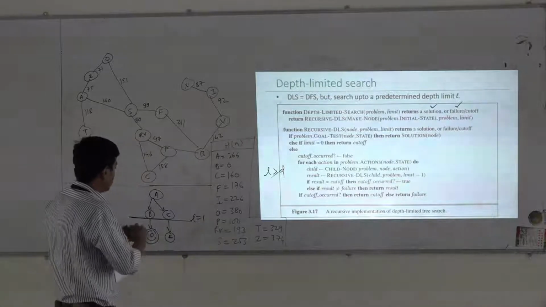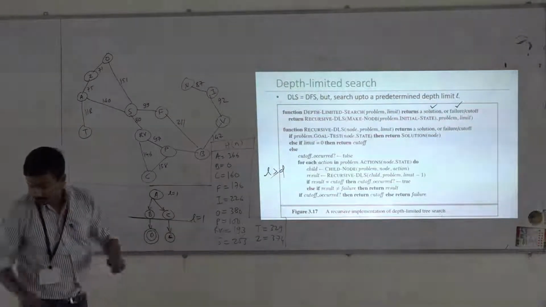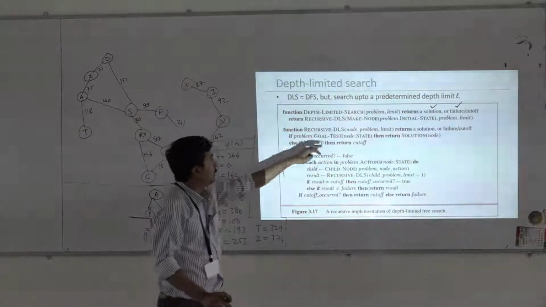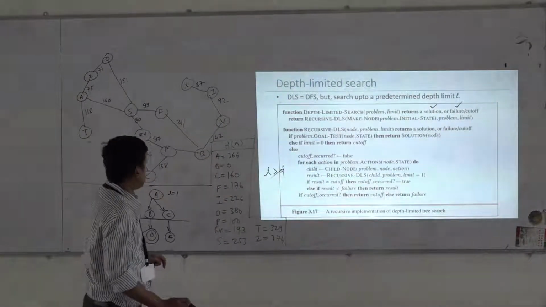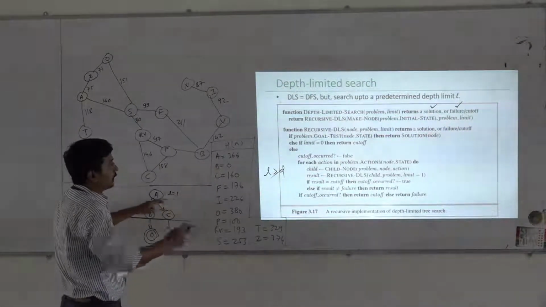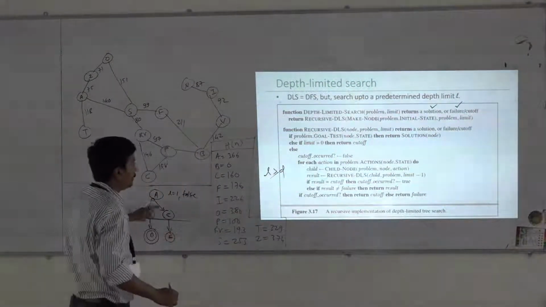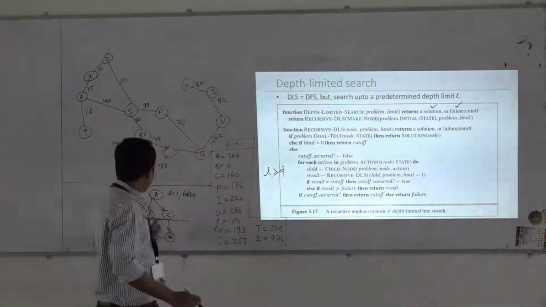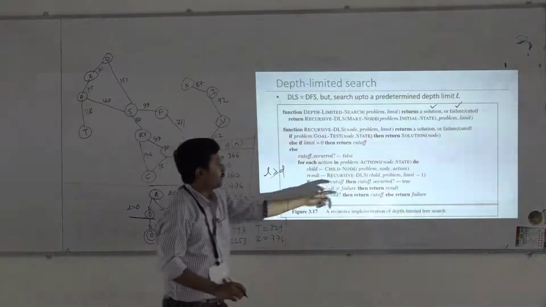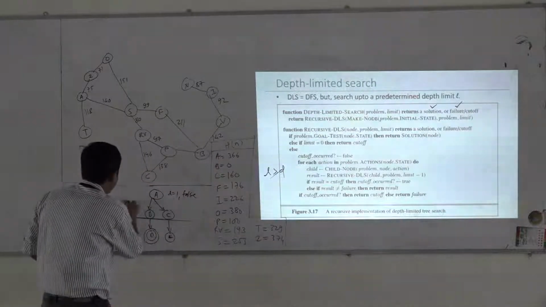So now let us apply the algorithm here. L is 1, we are passing limit as 1. So we will apply the goal test on the root node, that is our A, which is not a goal. So that is false. Then limit 0, no. Then else, cutoff equals false. Then for each action, there are two actions possible. First child is generated, that is B. Then recursive call, but L is now 0, 1 minus 1, that is 0. Then is B a goal? No. Limit is 0, so cutoff. So this will return a cutoff.